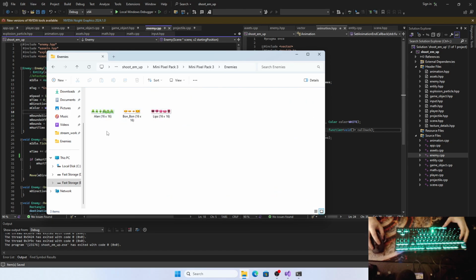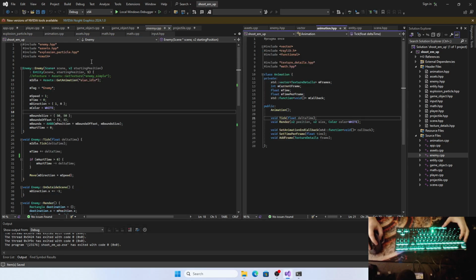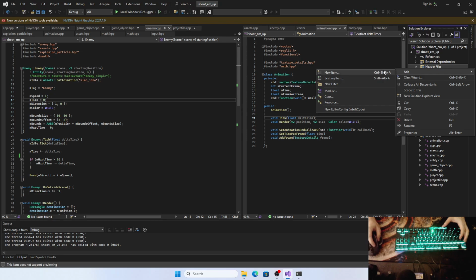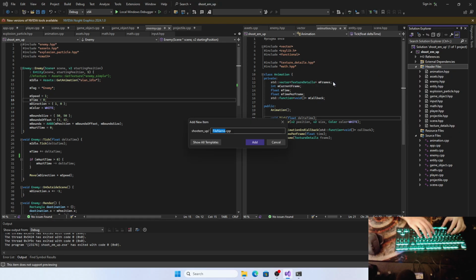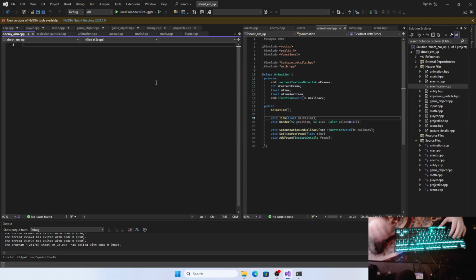In the enemies, we have this Alan, we have a Bonbon and Lips. So let's actually create a separate enemy class called Alan, okay, and we will inherit from this enemy. And the movement will be custom to that enemy and so on. So enemy Alan, okay. And I'm simply taking the name of whoever created the pack. Why not? Let's honor them in that fashion also. Alan,